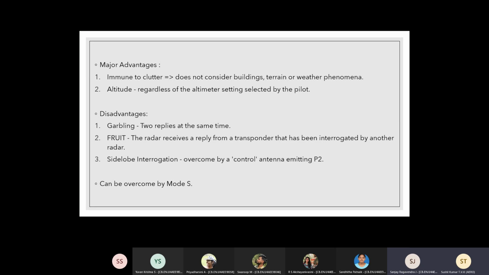One is by modus, like what Akshay is telling, only selectively it's going to come. You make a roll call, and then get it. But initially there is a problem of garbling. Let's say there is no modus also. Can we do something? And for the time being, we are talking about garbling in the radial direction. In azimuth direction, I think the antenna beam will take care.